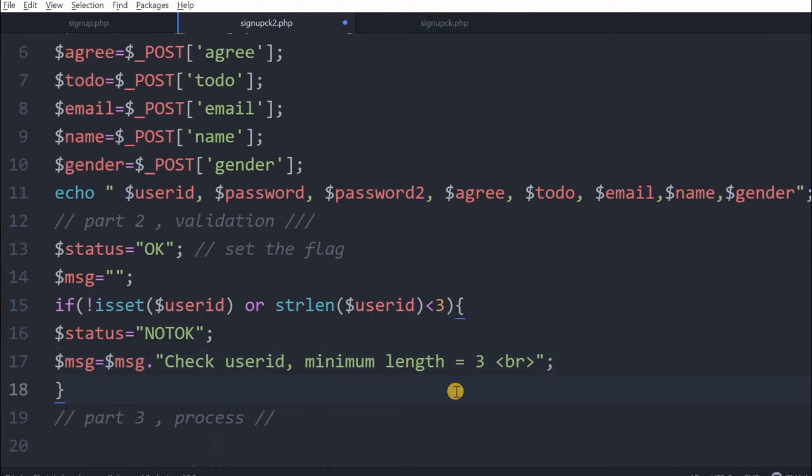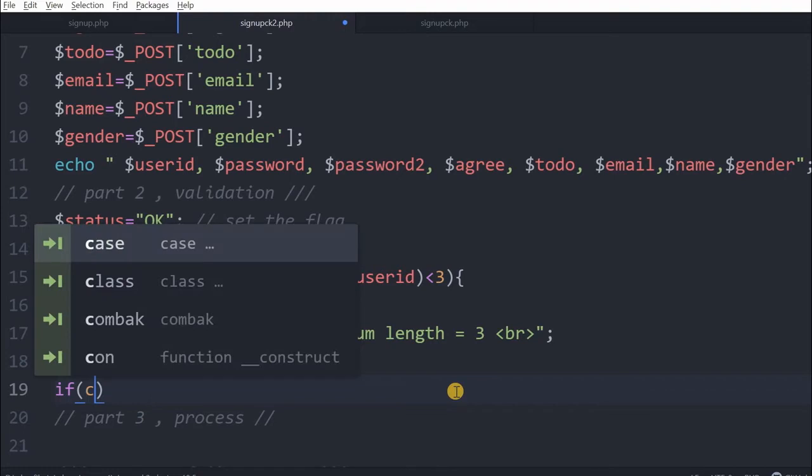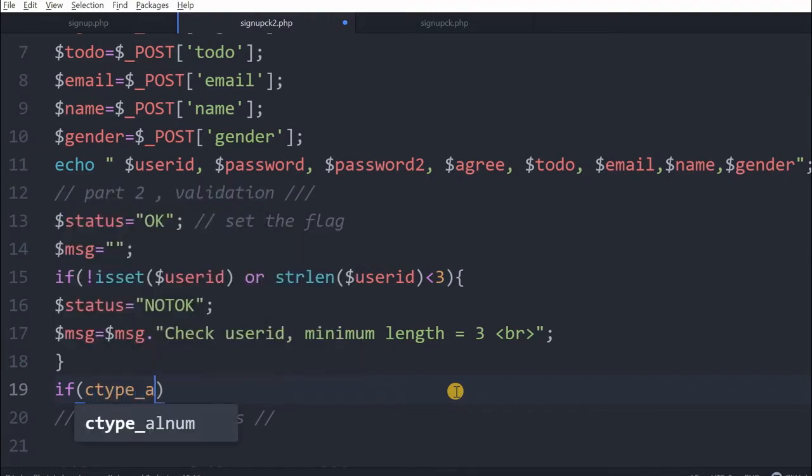Now user ID we have checked. But user ID checking is not over, because we don't want people to use special characters there. There is a function ctype_alnum, so we will use it. For that checking, we'll use ctype_alnum on user ID. This will return true if all characters are valid, but we want to generate an error, meaning a failure message.